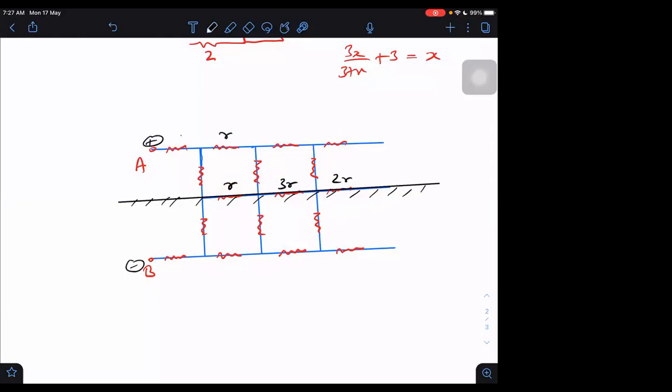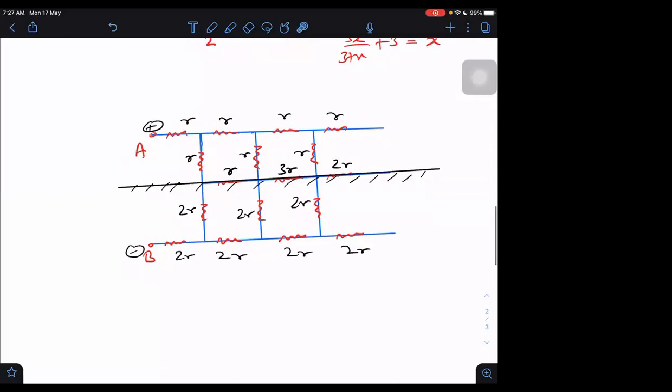And they may give the upper ones as R. This one they may give as 2R, 2R, 2R, 2R. And this is R, this is 2R, R, 2R, R, 2R. Will that make things complicated? No. And see, symmetry still holds, because the ratio is 1:2 everywhere. These need not be in proper ratio, no problem. So this we can still do.